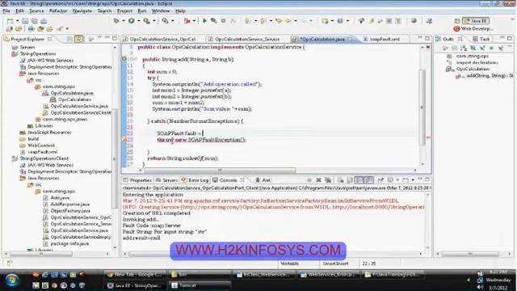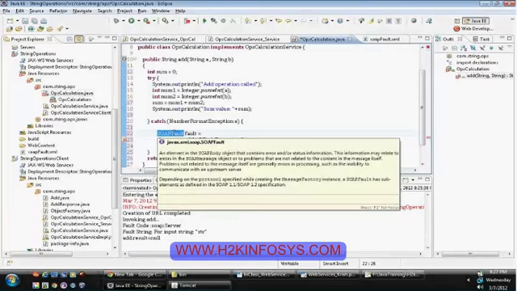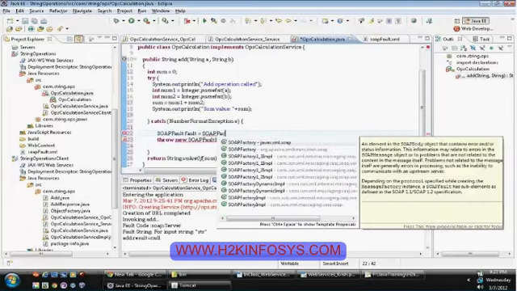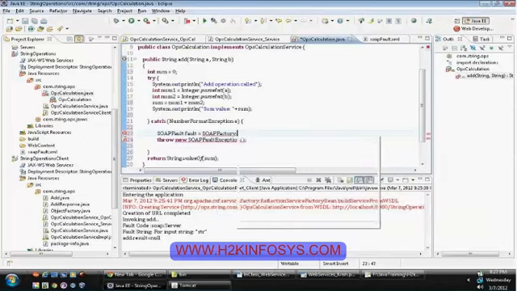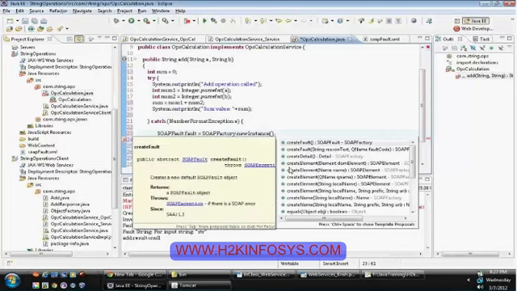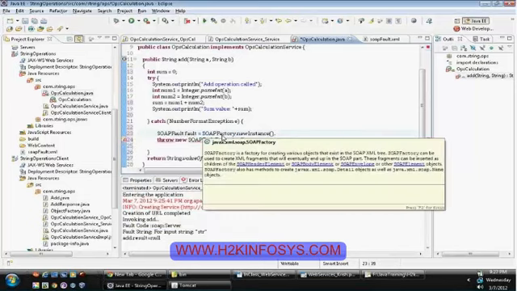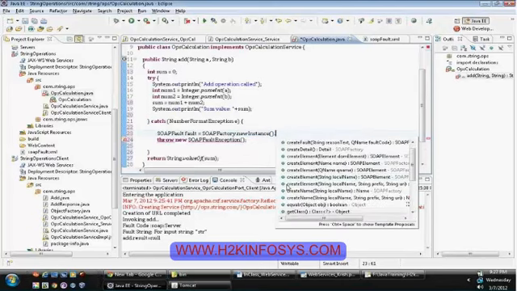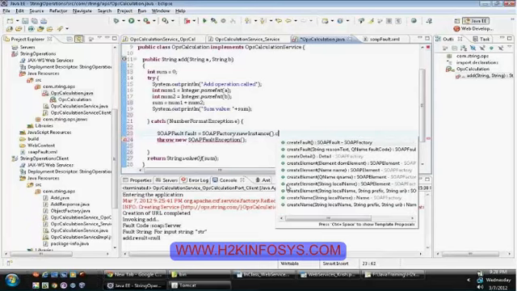Your SOAP fault is an interface, so you cannot create objects using an interface. It should be created by using the SOAP factory class. Your SOAP factory is just like your session factory. You ask the factory to create an instance, and after that there are all the create methods. Either you can create an element or name, or you can create your fault object.